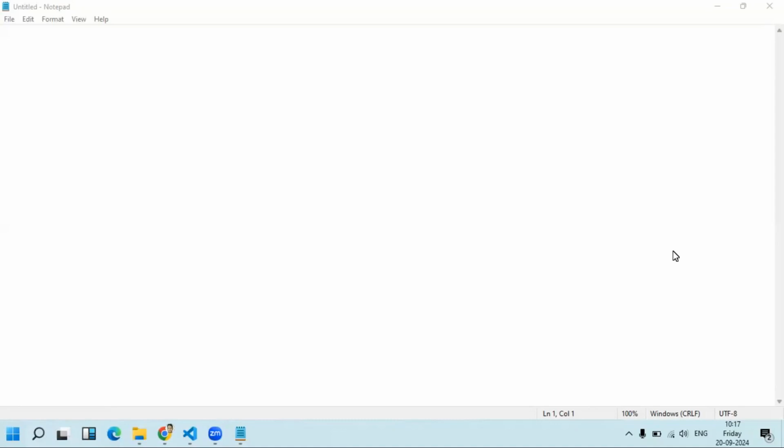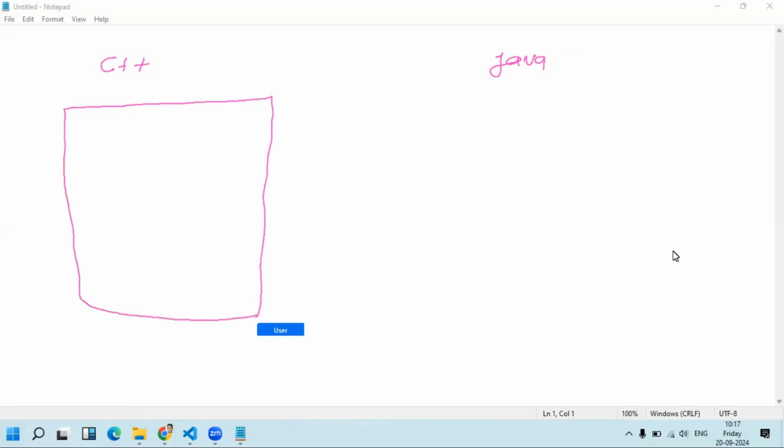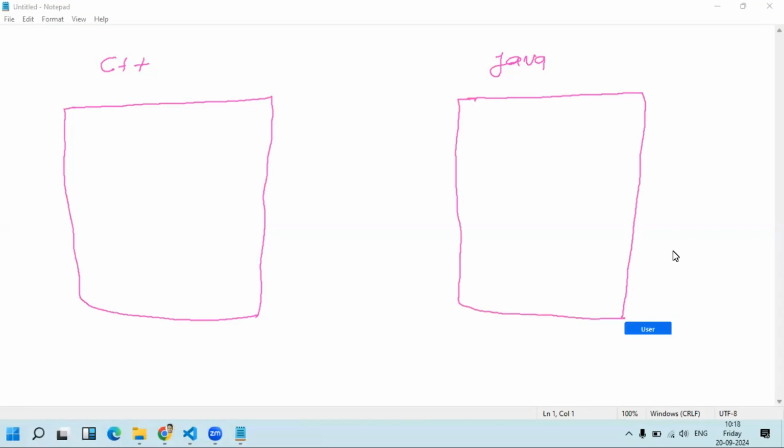Okay, so let's see first what was there in C++. So here I am writing. I have two boxes. One is C++ and here I will write Java. So this is the box, right? As you know, we have different operating systems, like Windows and Linux.